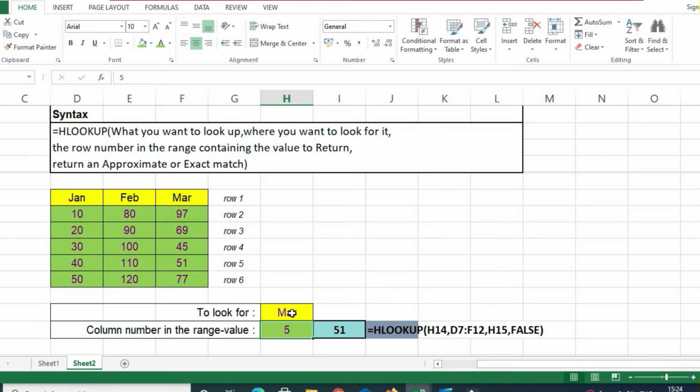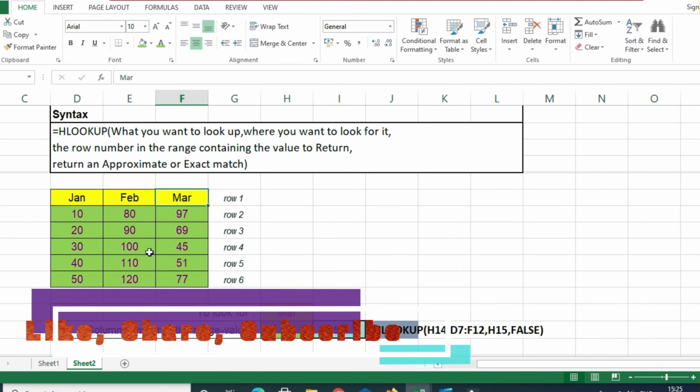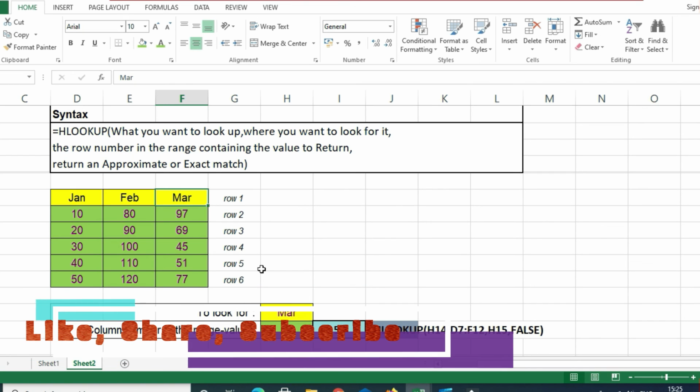And now when you have a list, say for example here Jan, Feb, March, only 3 options are available. So if you have a large set of labels like this, once you do this HLOOKUP for one row, you can copy and paste the same formula for all other labels. Say for example I have 12 months from January to December, and I do the HLOOKUP for the January month. I don't need to do it for the other months. I can just copy and paste the same formula. The same data fetching will happen for all others as per the syntax that you have mentioned.